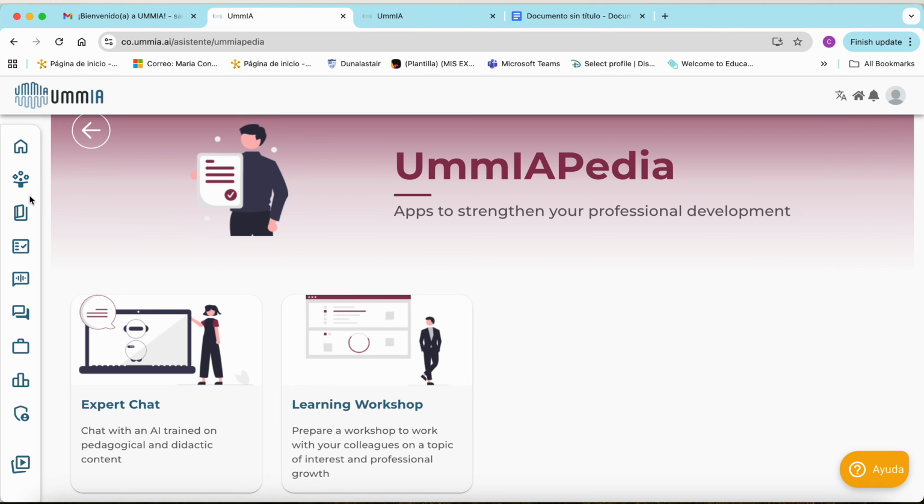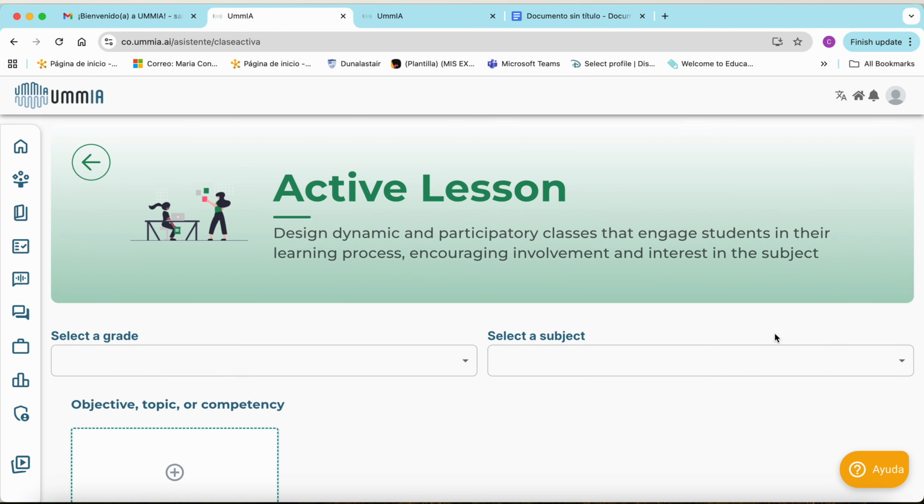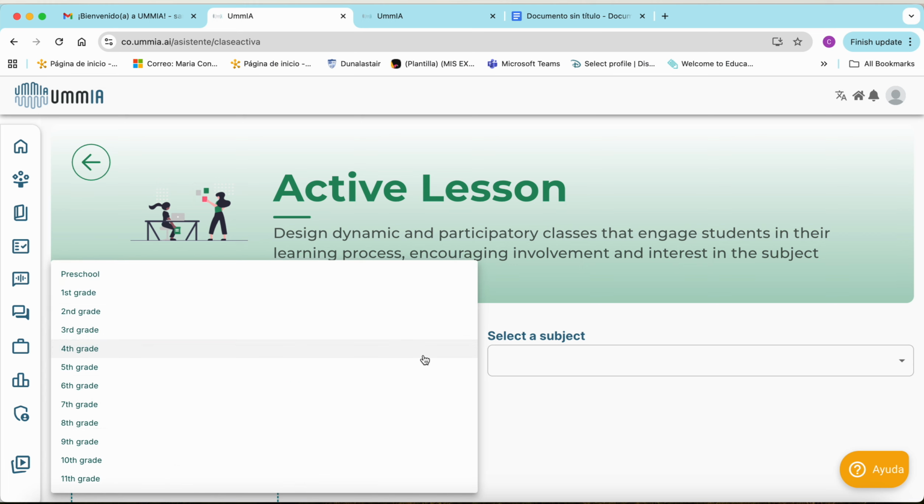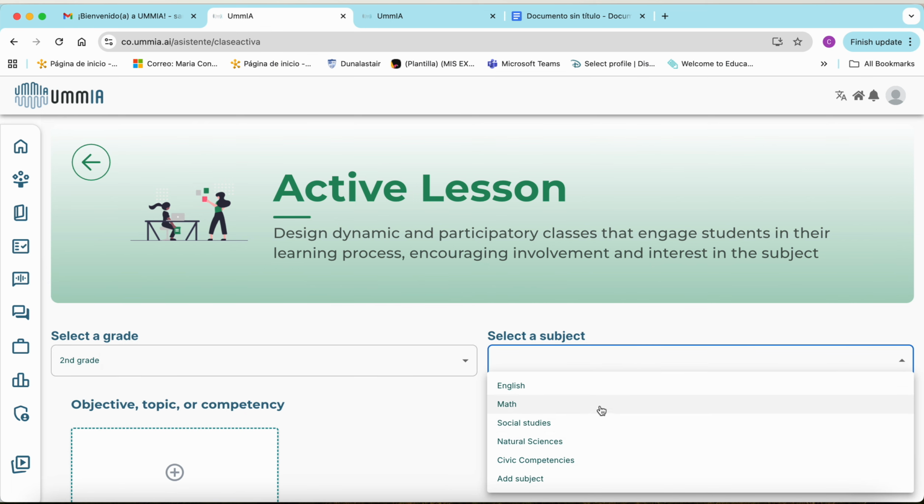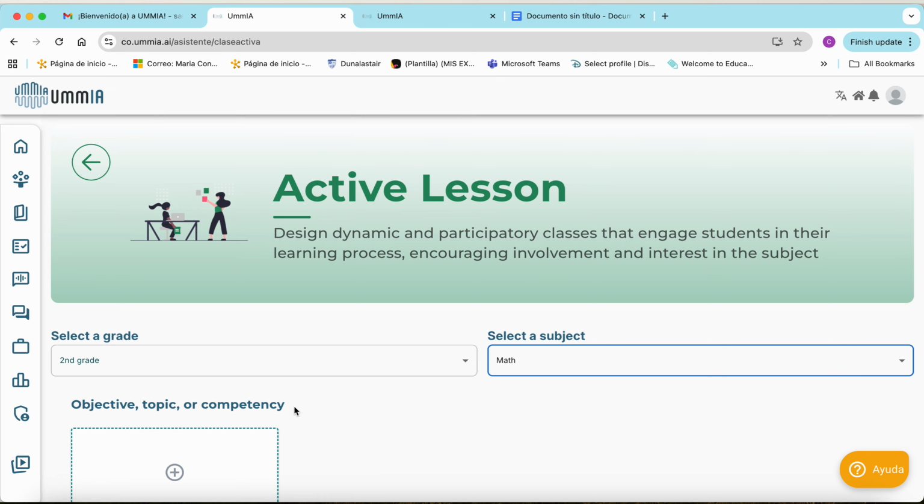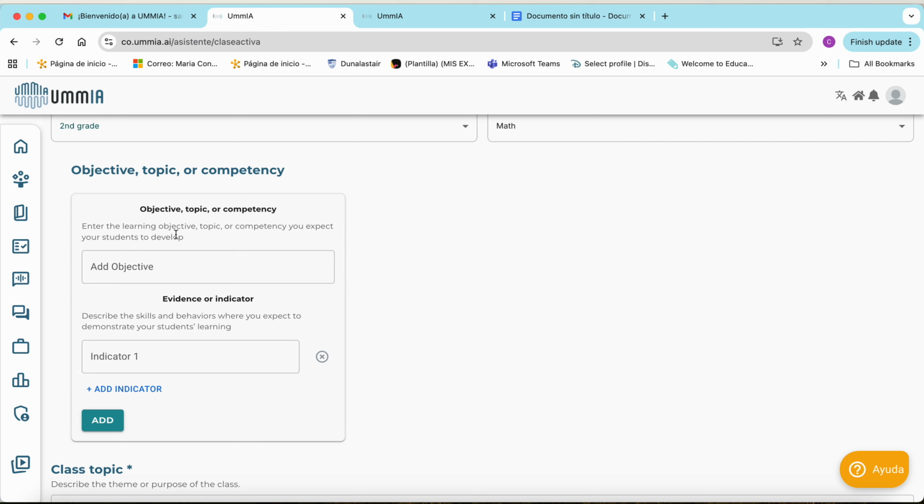So we're going to go to UmmIA Plan and we're going to go to active lesson. I'm going to prepare one. The first thing that we do is to select the grade. I'm going to select second. Then I'm going to select a subject, which subject for me is math, and I'm going to add the objective or topic or competency. I click here and I write down the